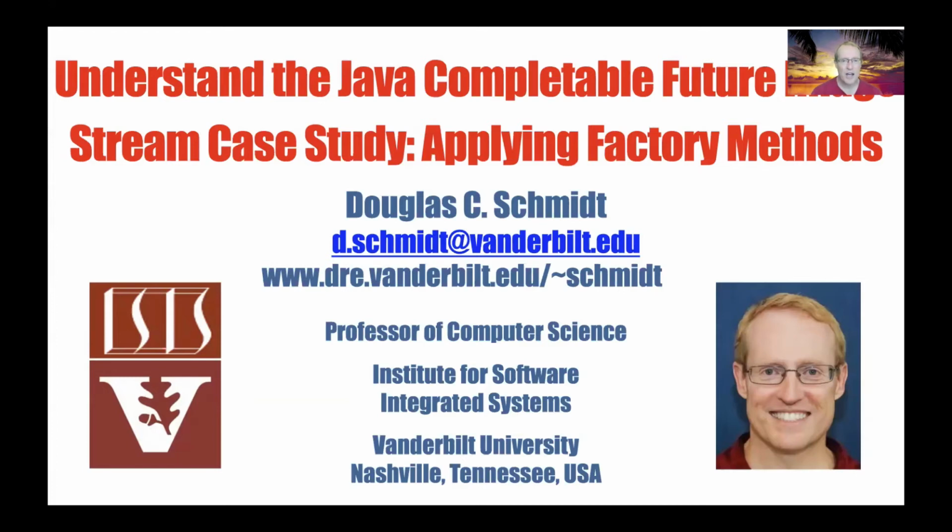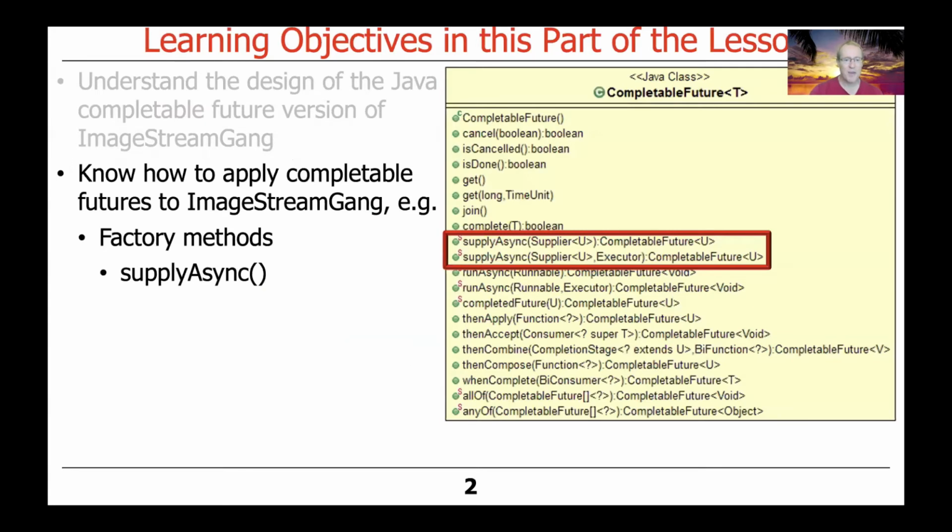So now that you've got the bird's eye view of the fluent chain of methods, both streams and completable futures in this application, we're then going to start breaking down each of the steps and looking at the different types of completable future methods, starting with factory methods, and show how to apply them. In this particular case, we're going to talk about the supplyAsync factory method because that's the one we're going to